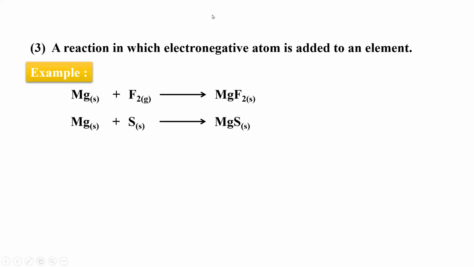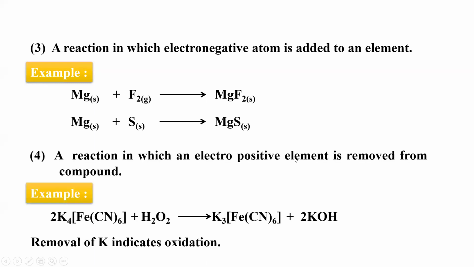Or before that, let us see, there can be many other ways. A reaction in which an electronegative atom is added. Oxygen is electronegative, so that makes a bit more sense to understand the oxidation reaction in that term also. And it can also be referred to as a reaction in which an electropositive element is removed, right? Loss of electron is oxidation, loss of,